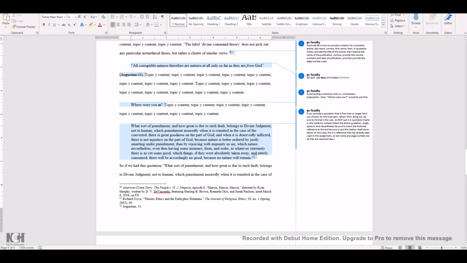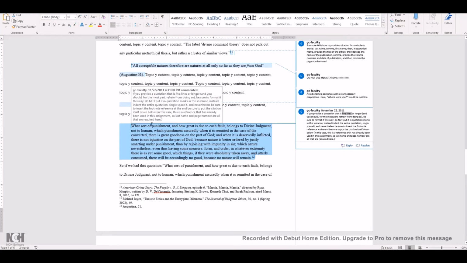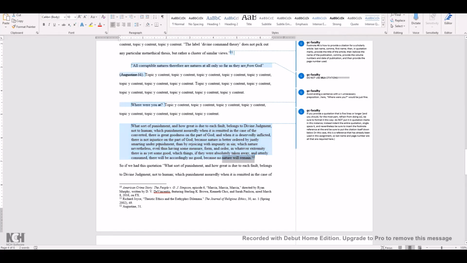stuff like this, block quotations. If you quote text that is longer than 5 lines, it should look like this. Indent it, okay? Indent it, make it single-spaced, okay? Flush on the left side. Notice the whole thing's indented flush on the left side. Now, you should probably avoid altogether using quotations this large. Okay, I'll just say that as a bit of advice. Don't use big quotations like this, because usually one's using it just to fill space. Don't do that. But if you do it, as large as the quotation is, you should spend